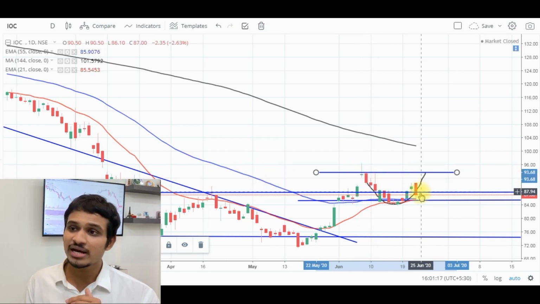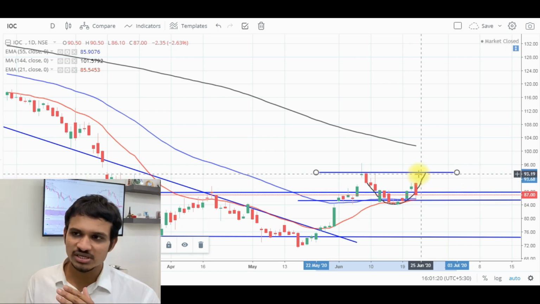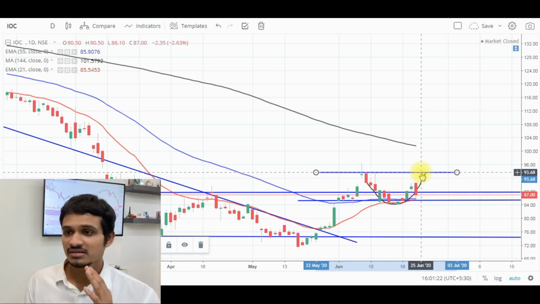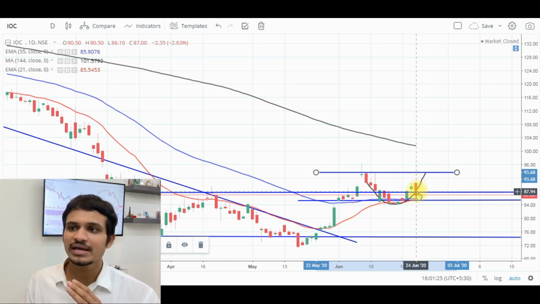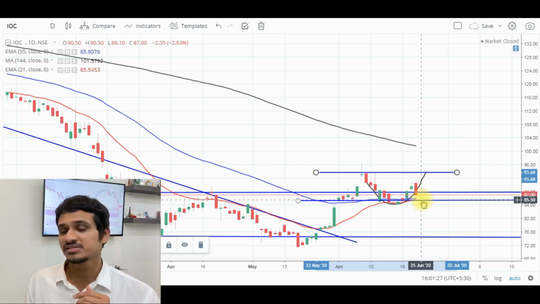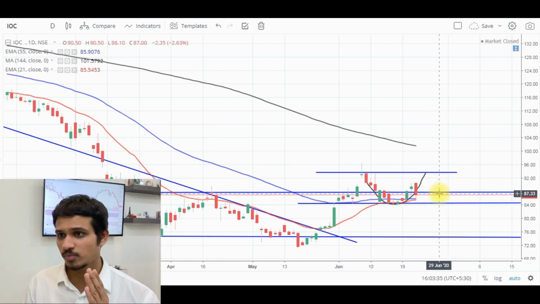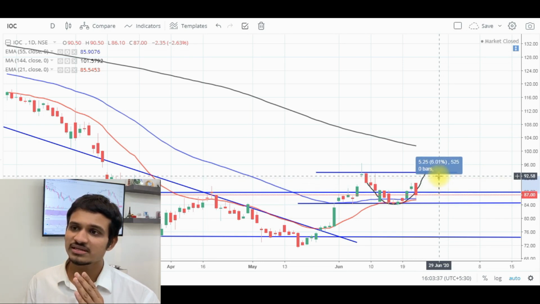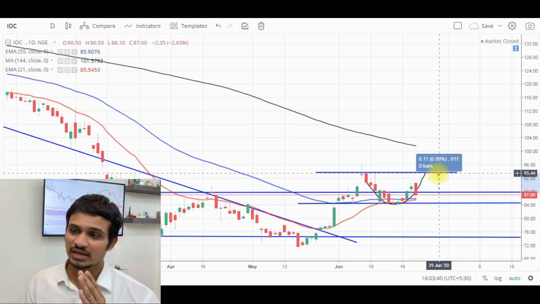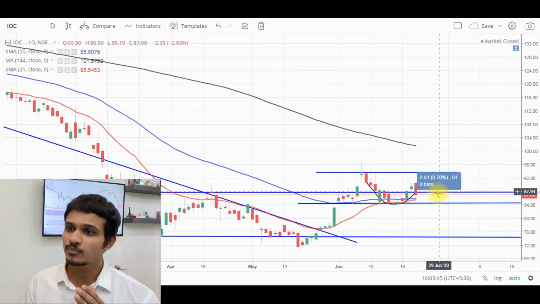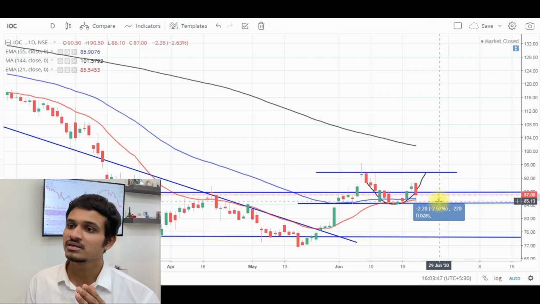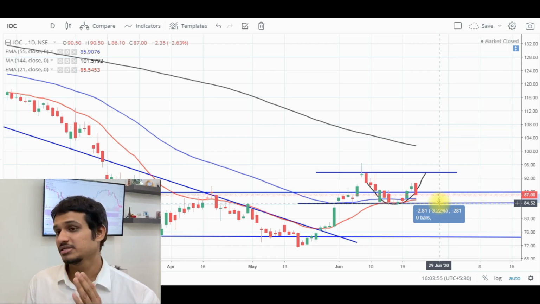So the price will definitely try to advance upwards in this direction and try to test this resistance line once again, or it can test this support line once again. So both the possibilities are on. So here if we try to identify our targets and the stop losses, then we see that if this resistance line is considered as our target, we can attain a target of around 7% over here, and this support line, if it is considered as a support and as a stop loss, we get a minus 3.2% stop loss in this region over here.